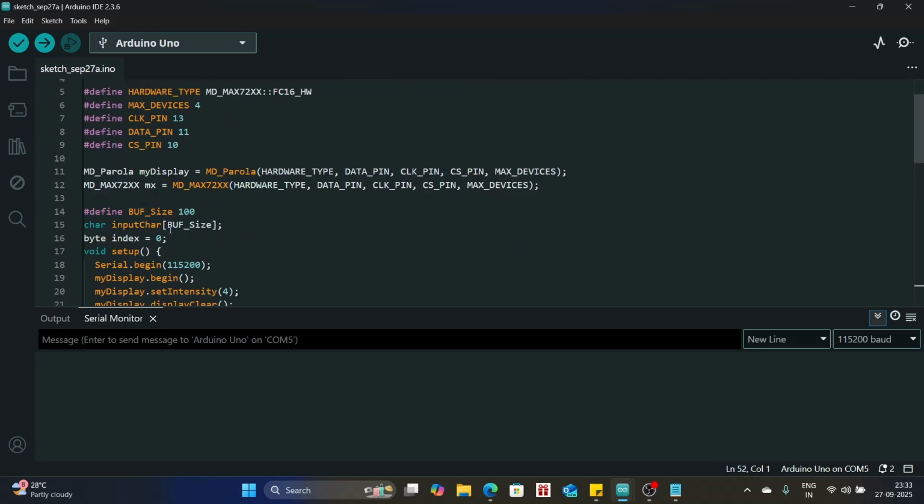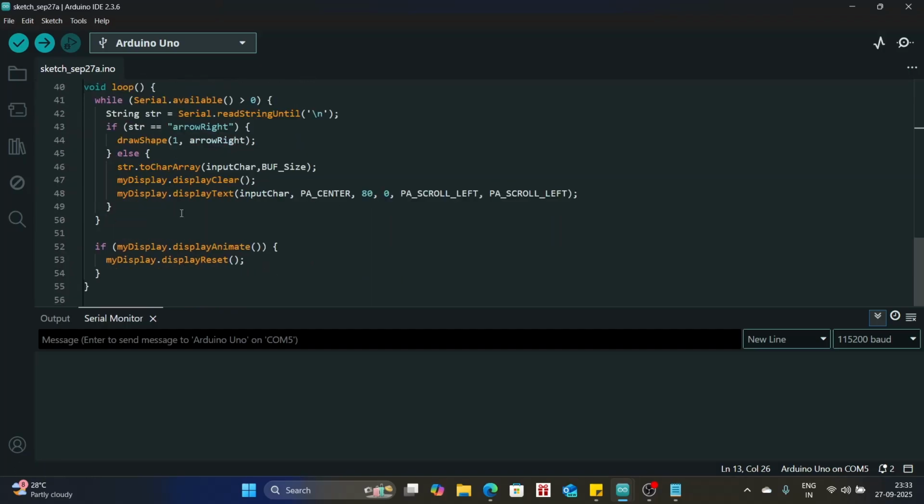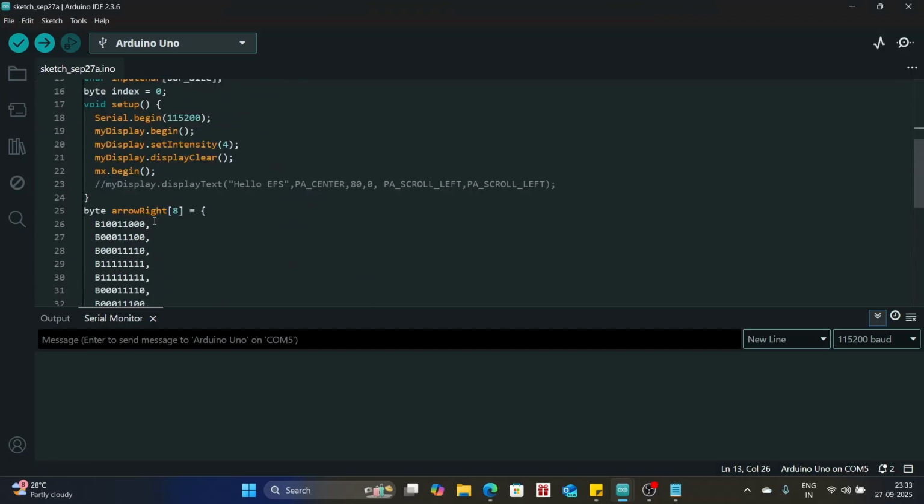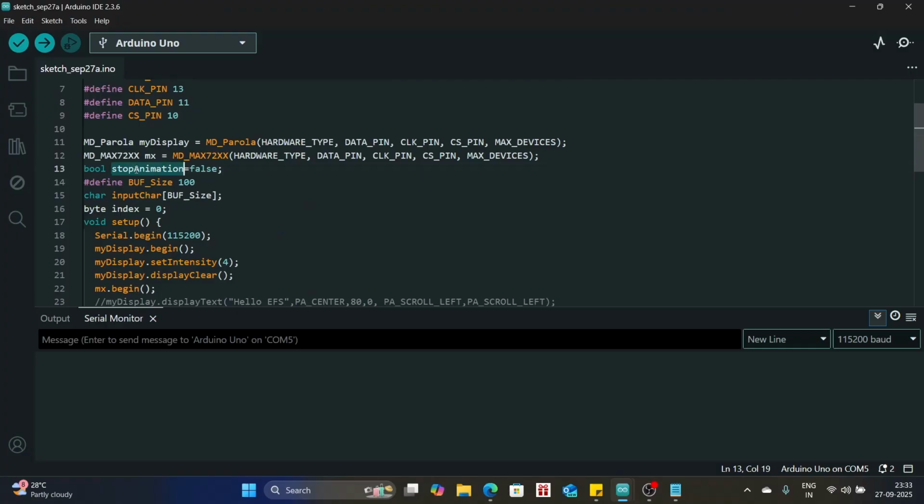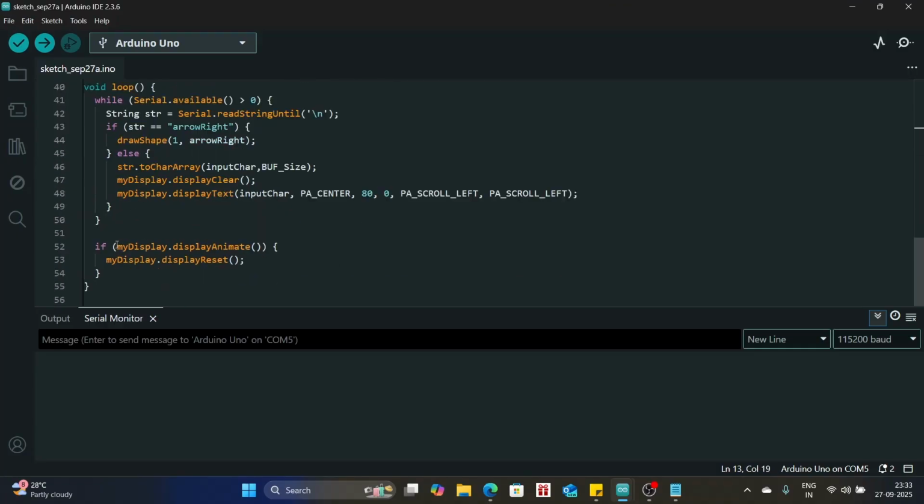We're going to declare a boolean. I'm going to call it stop animation, and we're going to set it initially as false. Now I'm going to add the specific condition over here. It would be like, if stop animation is false, only then do the reset function. So I'm going to set this,